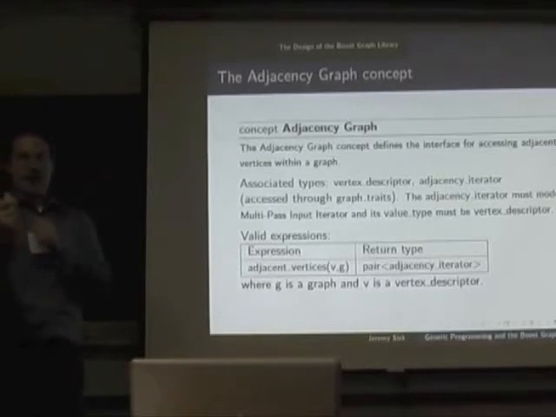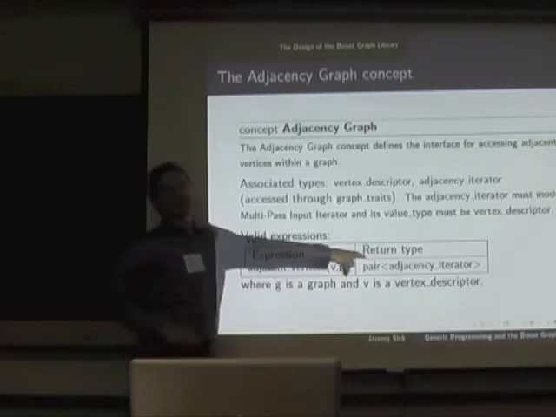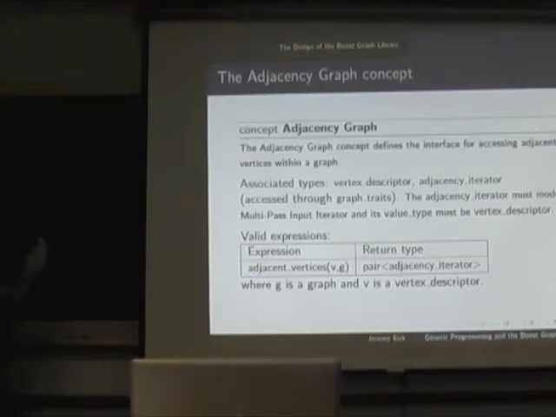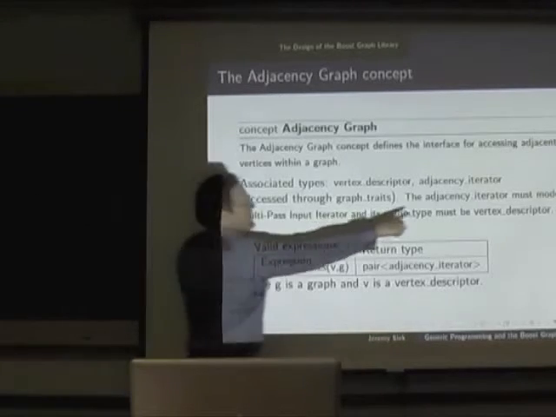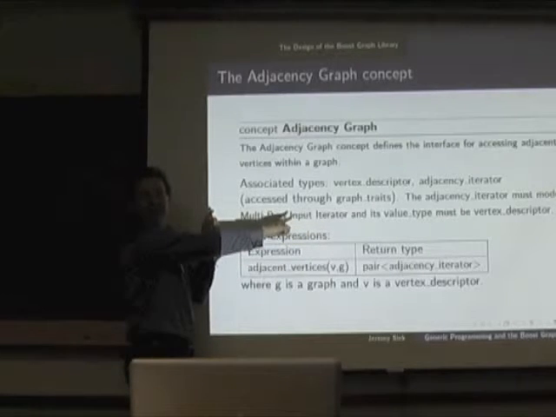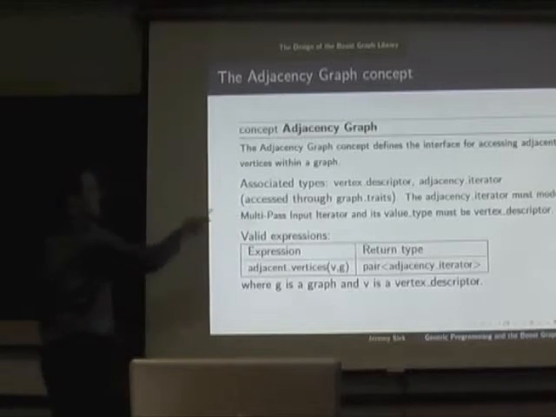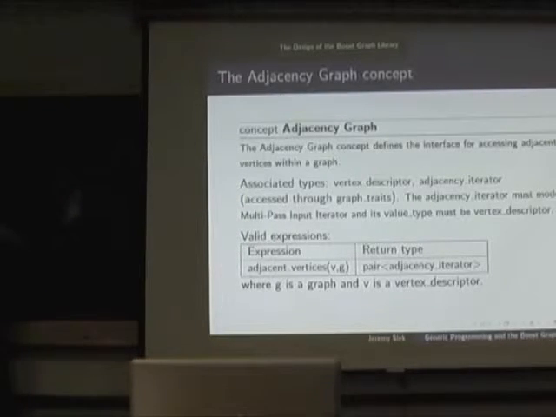So there's a game here. So then I have to make it an iterator first. Well, when you implement your adjacency iterator for your class, you need to provide a concept, isn't it? It must model multi-pass input iterator. Okay, so you've got to do that, or else the code won't work. So that means you need to provide dereference and plus plus, and I equal to j. Those are the main ones.